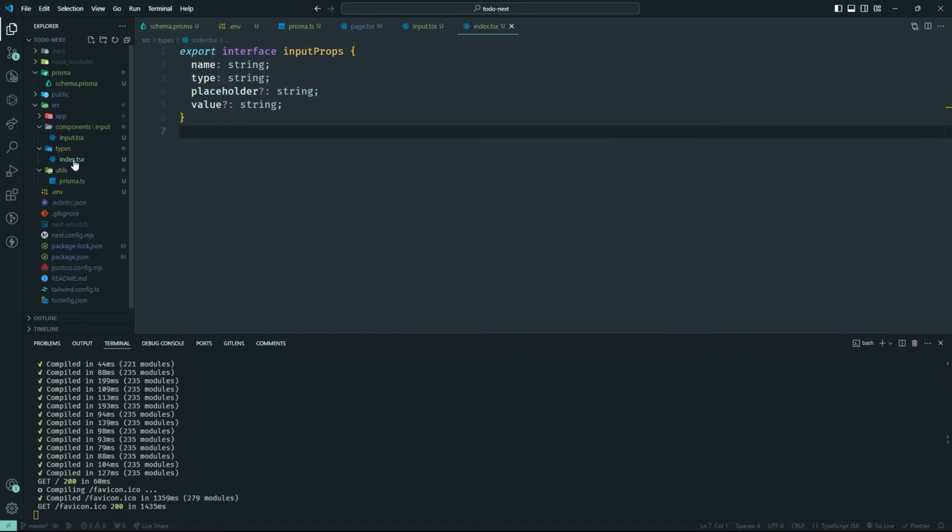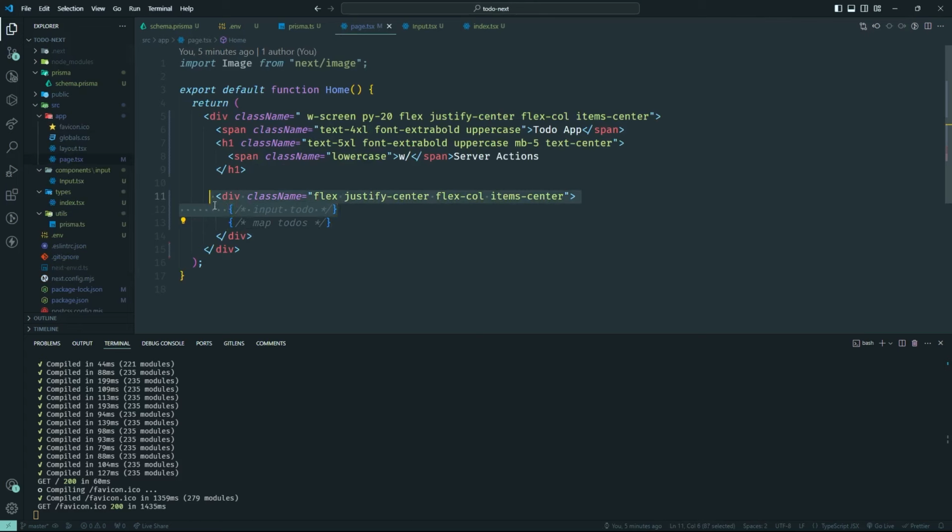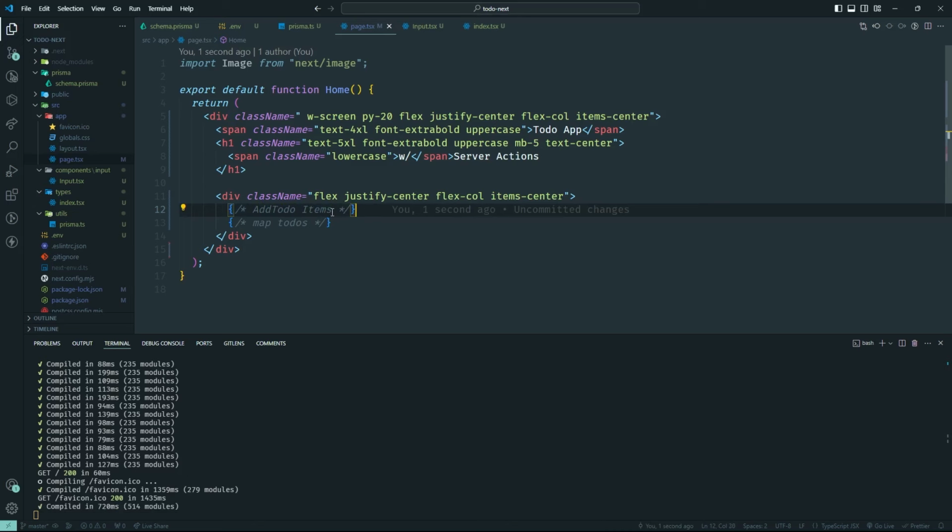So we're going to be adding AddTodo in here. The AddTodo is going to have the input. So let's create a couple more components so we have that in place, so we can build up AddTodo. The AddTodo is going to go over here, which is going to be input todo. So we're going to add todo items here. So that's good. In order to create that, we need form, input, and button. We have the input